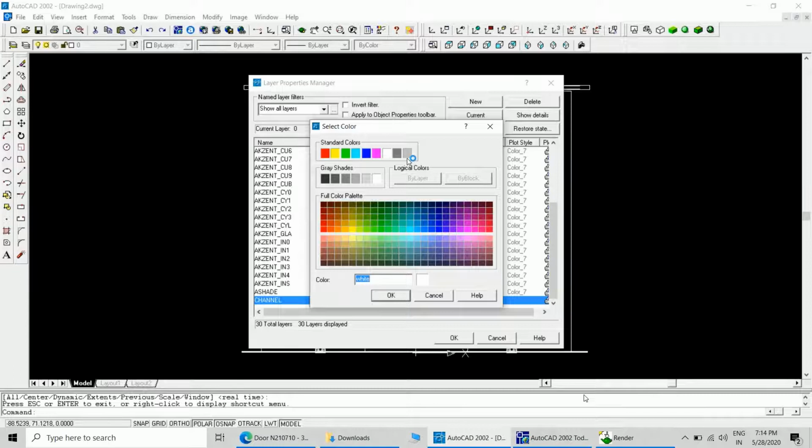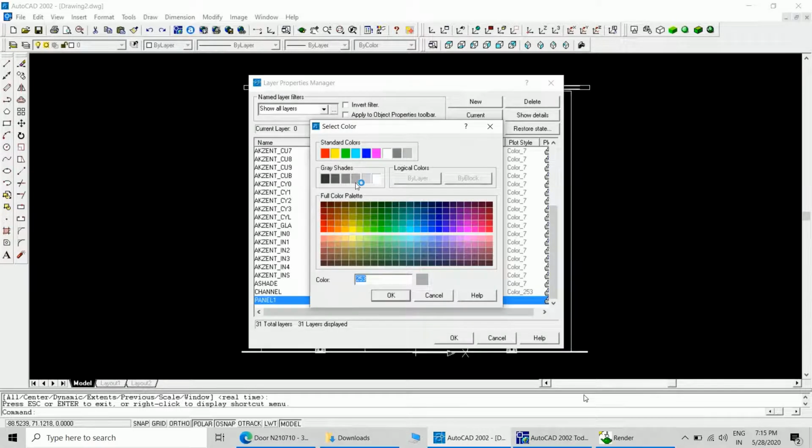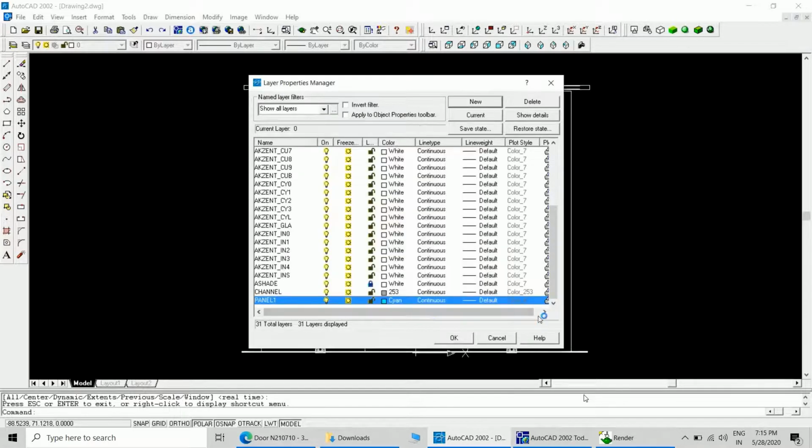This is the first layer which will be holding the channel. I'm giving the gray color to that layer. Then there will be panel 1 and panel 2. I will be giving cyan color to panel 1 and panel 2.